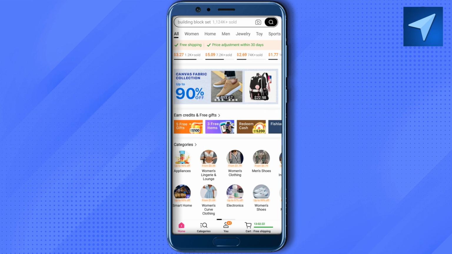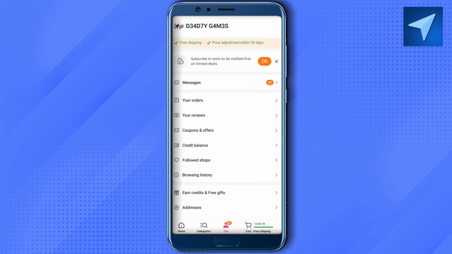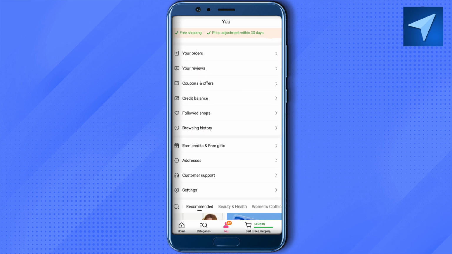So for this you will have to open up your Temu app, then click on this option of You. After that you need to scroll down and over here you will find the option of earn credits and free gifts. In case you are not seeing this particular option, then you can simply click on this option of